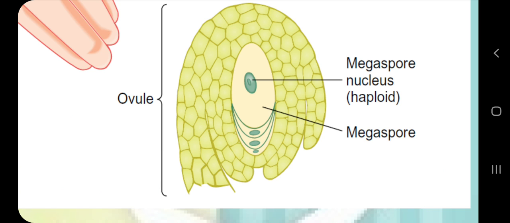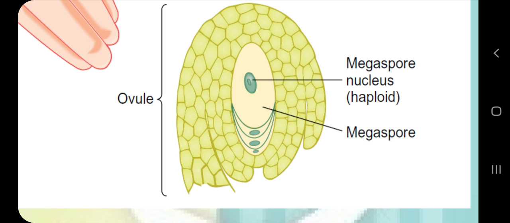For example, if I say humans are diploid and they are producing gametes, you can simply say, okay, gametes are haploid and humans are diploid, so humans produce gametes by meiosis. If I say that fungi are producing spores, you can remind yourself that fungi are haploid and spores are haploid, so they are producing spores by mitosis. Whether they are producing spores or gametes, they will always produce them by mitosis. Only in the case of the zygote, the zygote will produce spores by meiosis, of course, because the zygote is diploid.